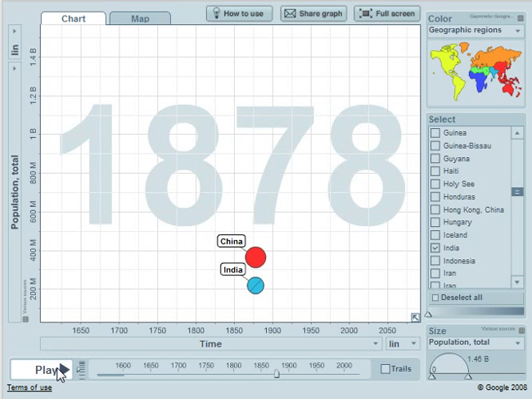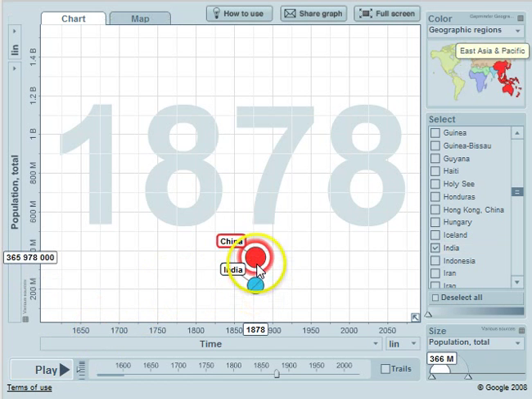Stop. Now, what was the cause? Well, several different things, bad things happened to China during that period of time. Two of them were the two Opium Wars. The Opium Wars were the names given to wars between Great Britain and China. The third thing that happened to China was the Taiping Rebellion, which claimed millions of lives. Some estimate that that rebellion alone claimed as many lives as were lost in World War I. Those combined disasters caused China's population to fall, and as you can see, the gap has narrowed between